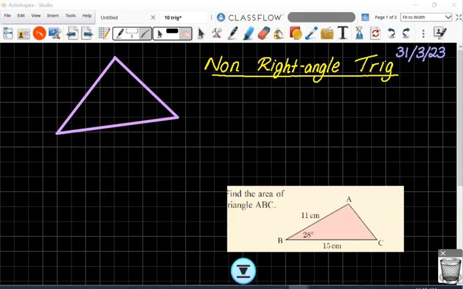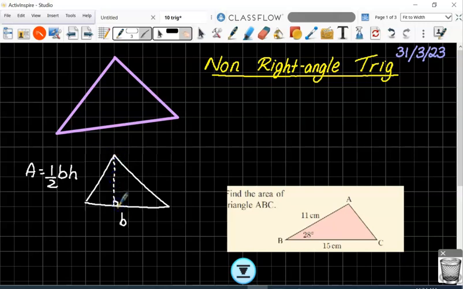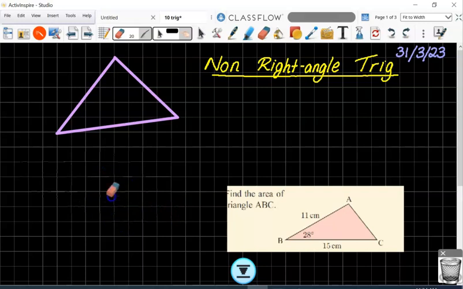What's the formula for area of a triangle? Any triangle. Yeah, base times height. So area of a triangle is a half base times height, or base times height divided by 2. And that's all groovy as long as we know the base and what height are we after. Doesn't it have to be the vertical height? Yeah? So what's going to happen is you will not be given the vertical height. And that's okay because we've got another formula that will allow us to find the area of a